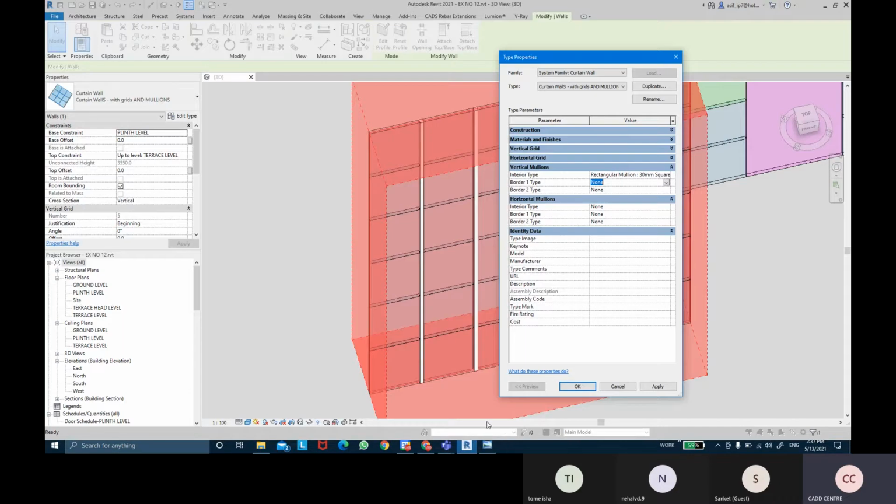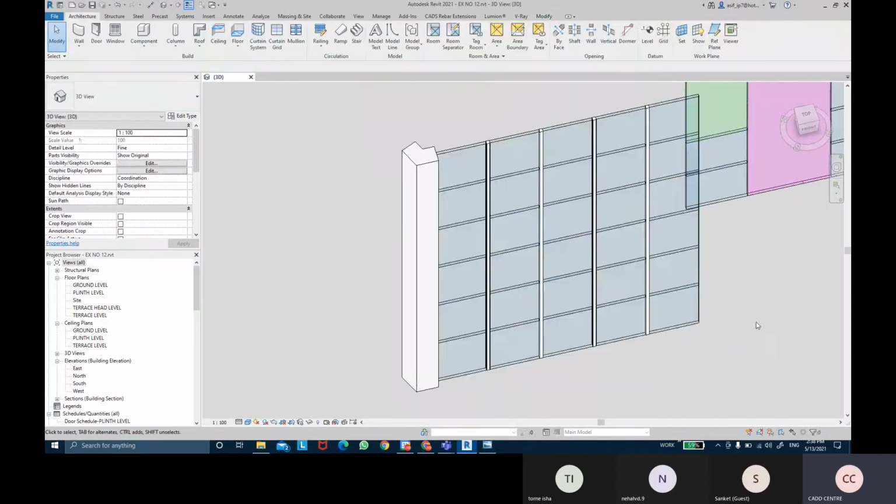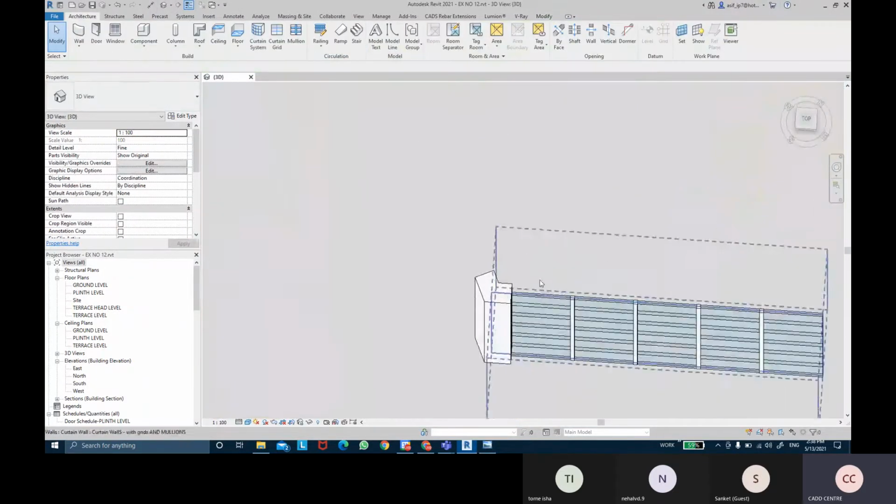For instance, if I use border type 1 with, supposedly, the L mullion, there you go, we have an L mullion.